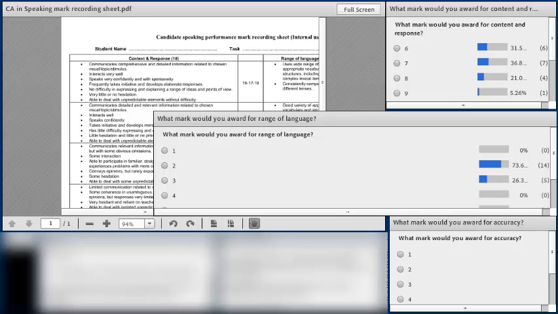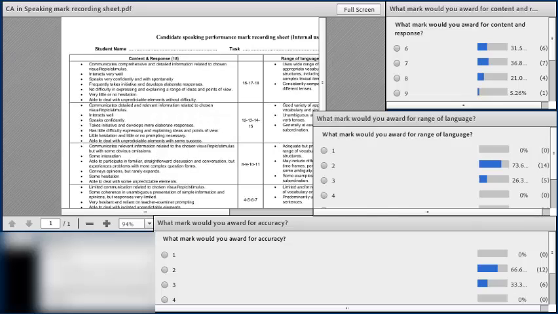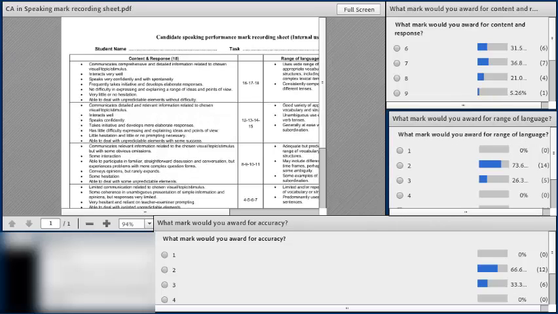And the final one, in the pack that you download, you should have access to one that does have a mark of 2 for the range of language, and I hope you could see the difference. And so, Mel, if we could go for the final grid, please, the accuracy grid, so that I can just show everybody the results for that. Again, split between 2 and 3, and more of you favouring the 2 than 3. Again, think about